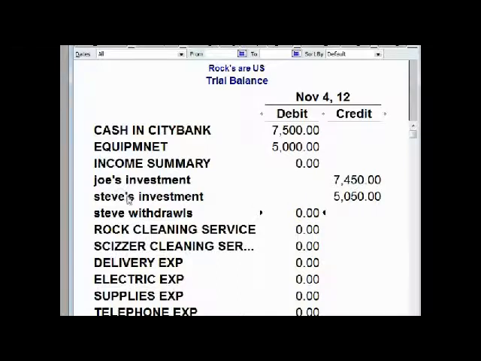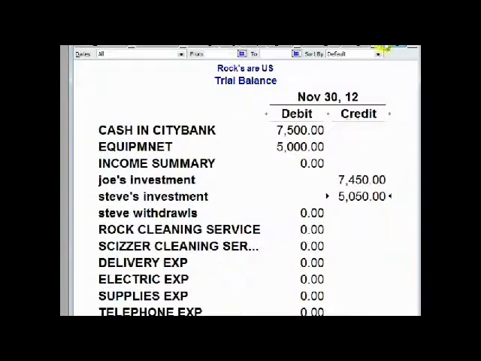Shazam! Steve's withdrawals is properly down to 0, and this account properly reflects what he really invested, because he physically put in $3,000. He earned $2,450 from the first video as his share of the net income, and he took out $400. So Steve's investment is proper and correct at the end of November. And that's how